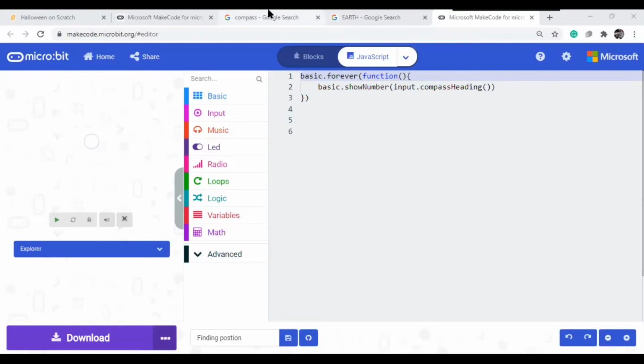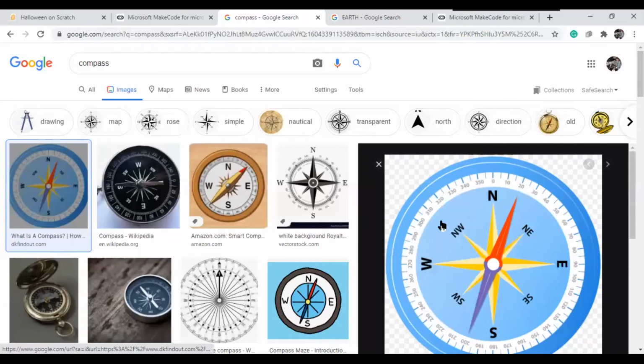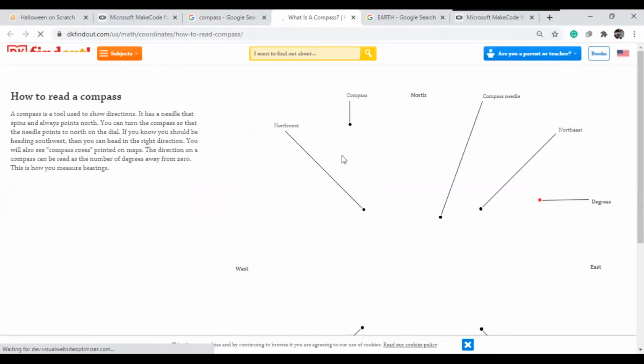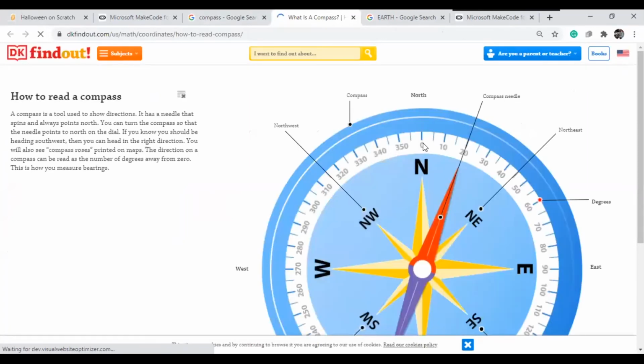For that purpose, if you observe here, north is 0 degrees. So 345 degrees to 45 degrees, from here to here, is showing my angle. If you turn like this, it will come like that.